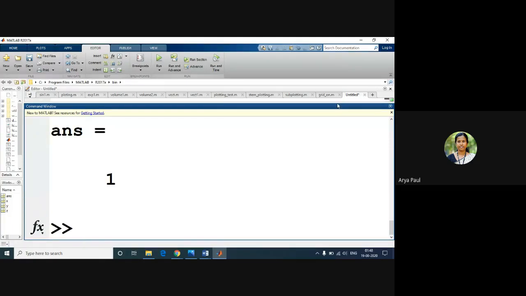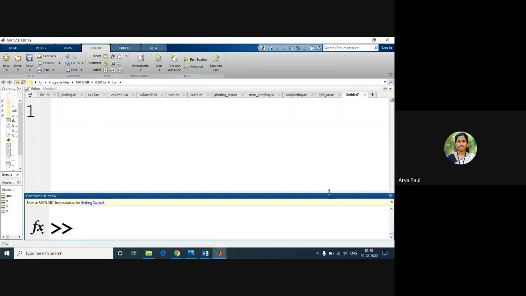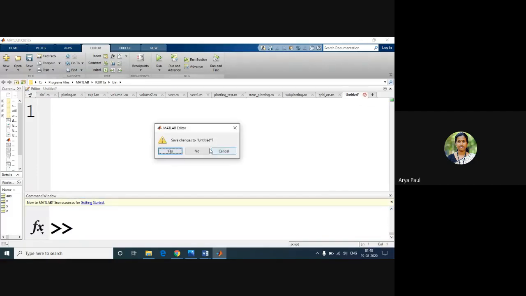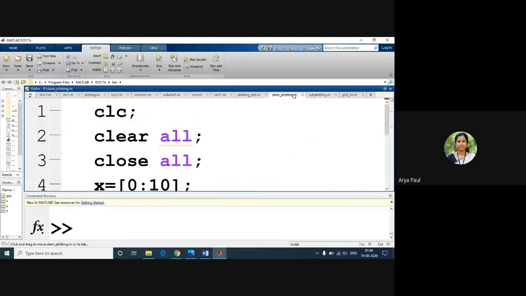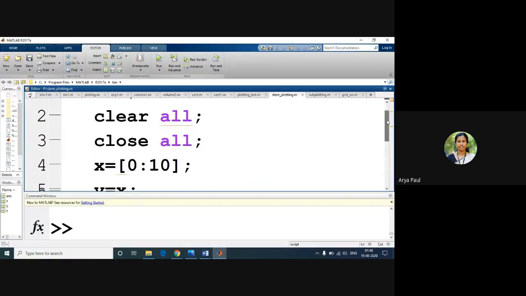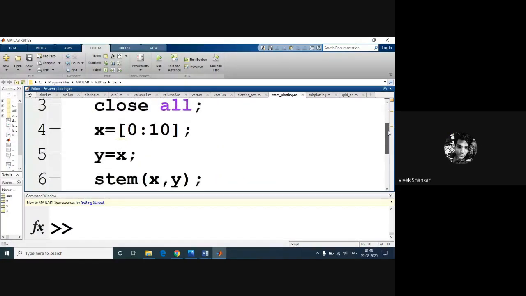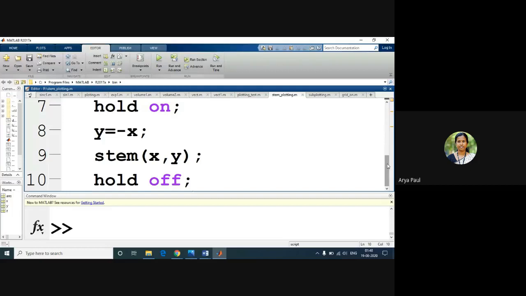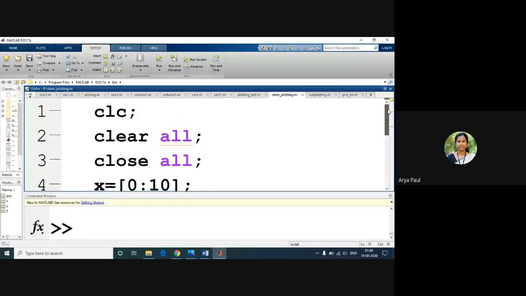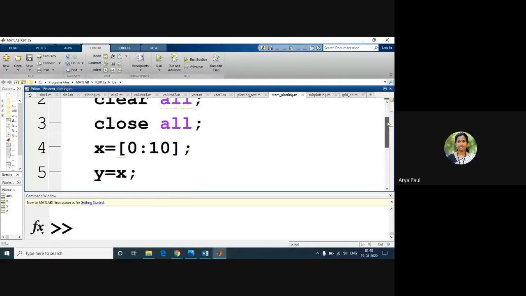And one more thing I want to show you. Suppose you want to... I think somebody's mic is on. Okay, now it's okay. So here you can see, if you want to plot y equal to